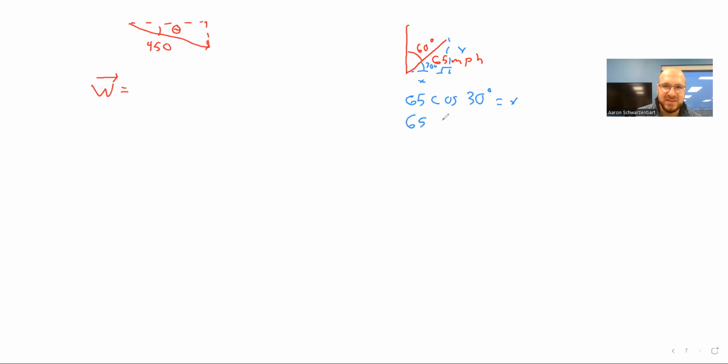And 65 sine 30 is going to equal y. Again, if you're not fully comfortable with those yet, set up the sine and cosine as x over 65. That's going to give me components of W. And that is 56.29